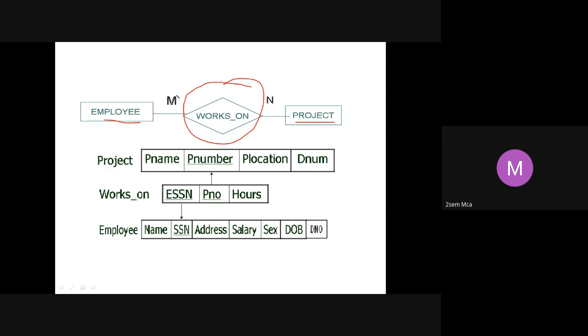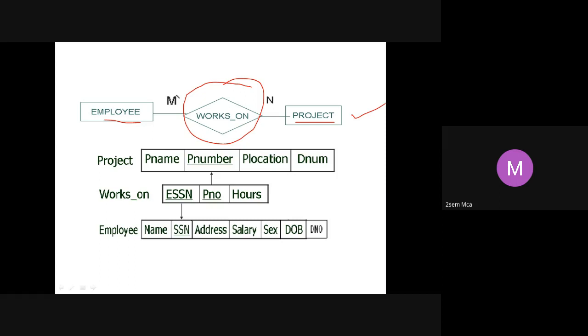Till now, we have not created any new table for a relationship. We have only spoken about including the primary key as a foreign key, that's all. But when you have an M:n, many to many relationship, then for that relationship you will create a new table. So many employees work on many projects.